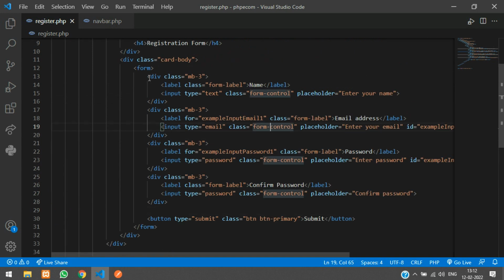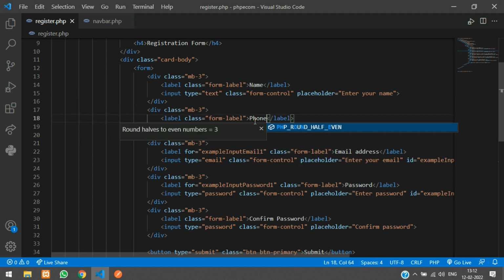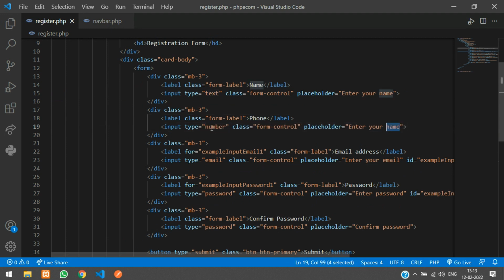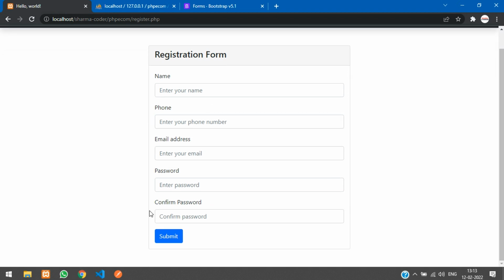Just copy this thing from the name, paste, say phone, and input type equal to number, and your placeholder, say enter your phone number. Save and refresh. Okay, so now let us write the code to register the users and insert this data in